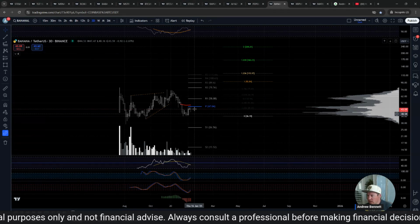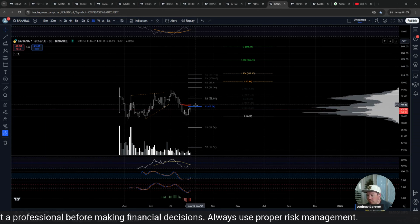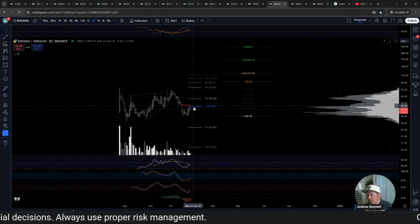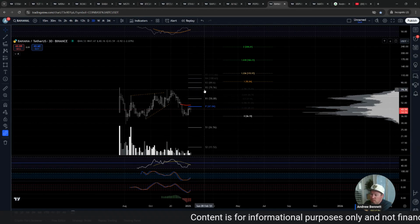Now this is the 3-day. It's still below the daily pivot, so don't get me wrong, I'm not trying to get ahead of myself here, but there's some nice setup here coming in the lower time frames that are possibly showing a wave 1, 2, and then we look for that 3. And the way I look at this is this should move because it doesn't have very many